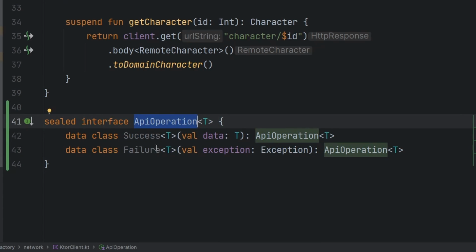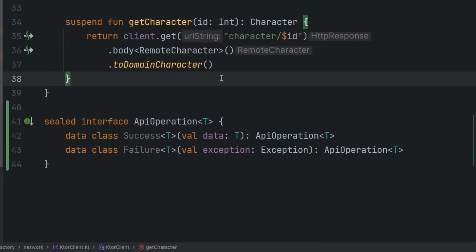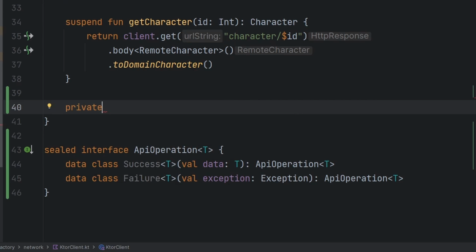Notice there isn't a loading state. That's going to be encapsulated in something else later. This class or this interface is just intended to basically describe the status of that operation, the API call that we made. And then simply inside of our Ktor client, we're going to create a private,